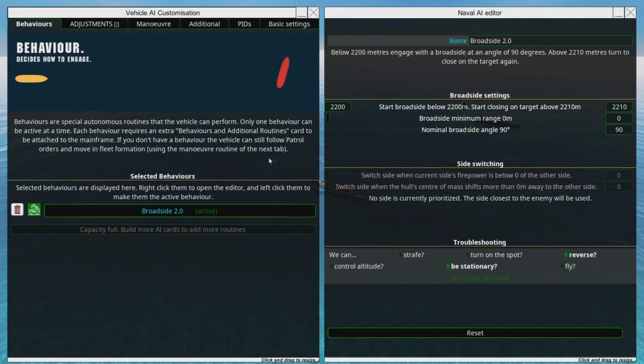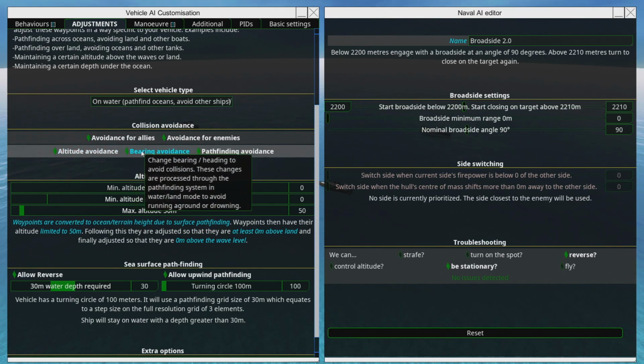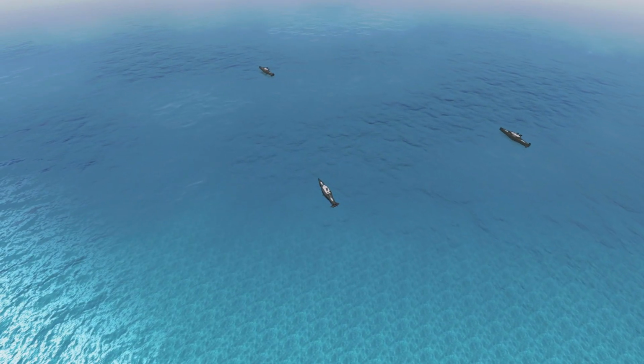So if we hop over here in adjustments, you'll see the collision avoidance section is fleshed out. So avoidance methods for allied vehicles, avoidance for enemies, altitude avoidance, so it'll adjust its altitude to avoid stuff. It'll also now change its bearing and heading to avoid collisions. And it also, just for water and land, considers the paths of other vehicles and attempts to avoid crossing them, which is why these fellas,